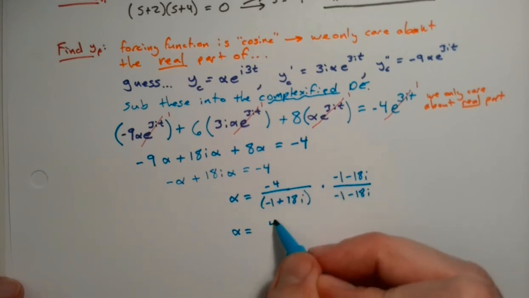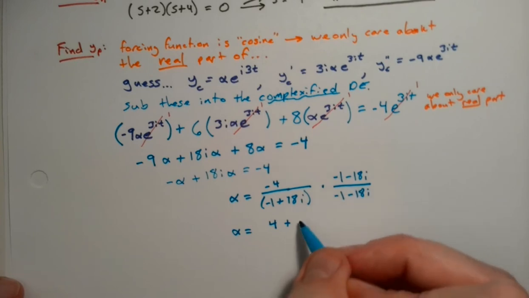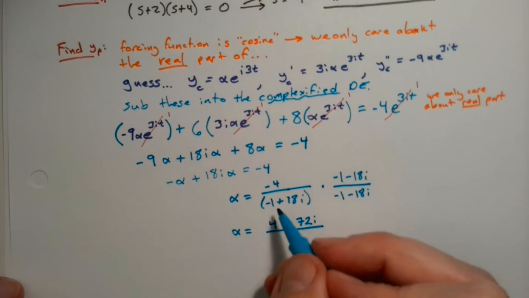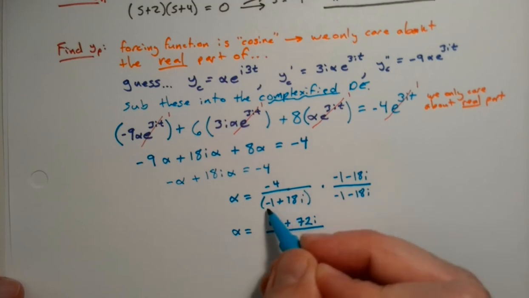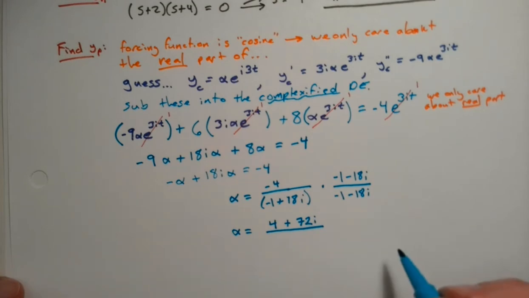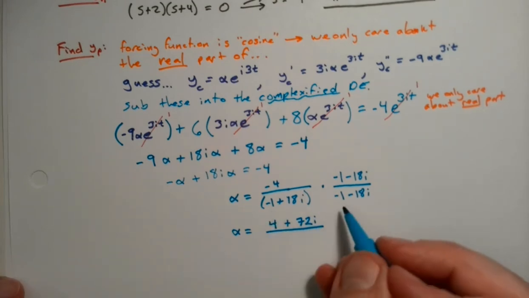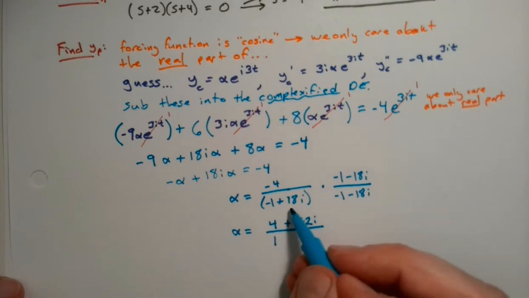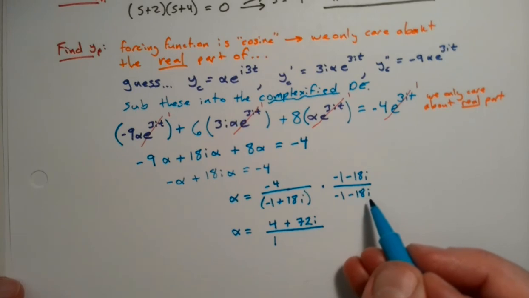So we have positive 4 plus 4 times 18 is 72, so 72I. And in the bottom, remember when we multiply our complex conjugates, we just multiply the lead terms and then the end terms. So negative 1 times negative 1 is positive 1. And then we have 18I times negative 18I gives me